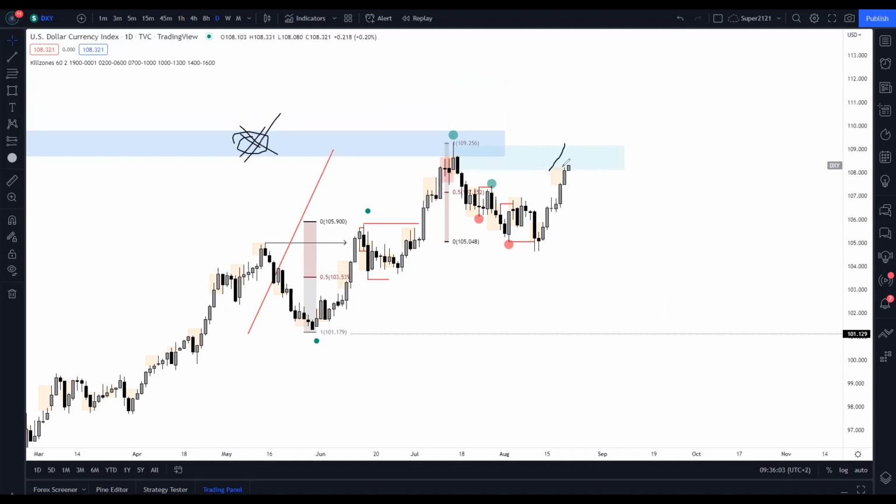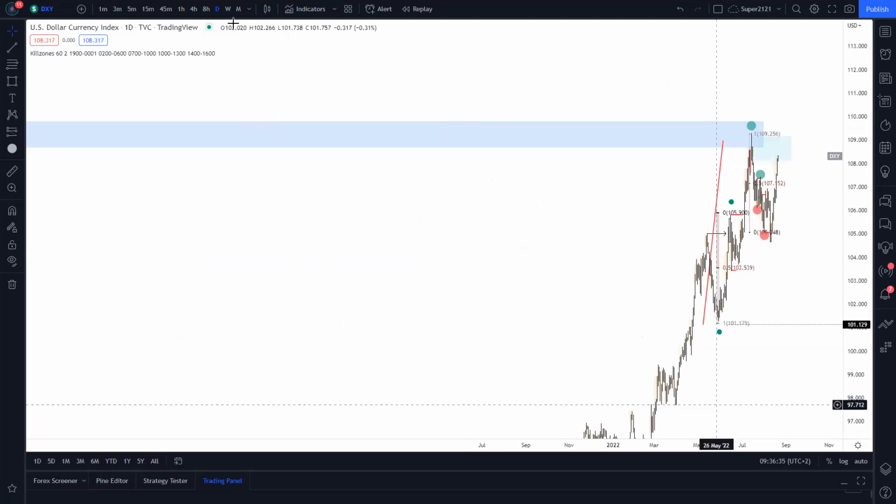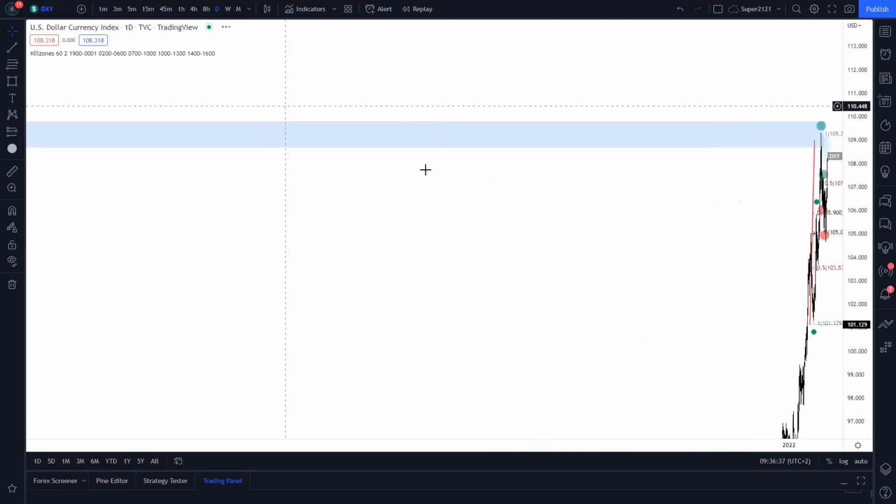This will be sort of a stumbling block for this continuation to go up, only if these have been taken away. But since we are here, there's a chance that we might see this price going further down to this zone, because of the zone that is coming from that one. So if we were to look, I think we can just check